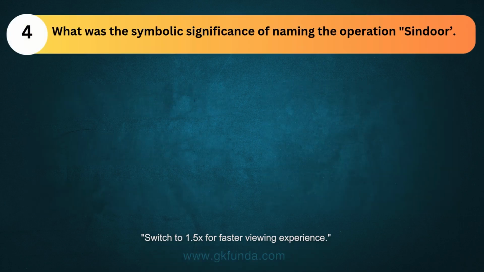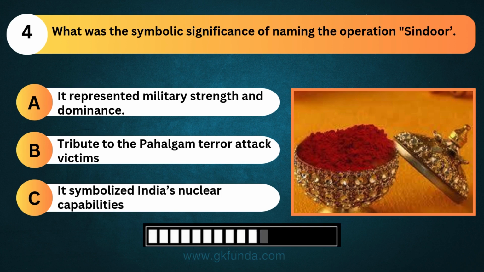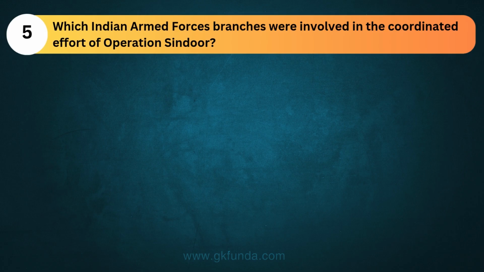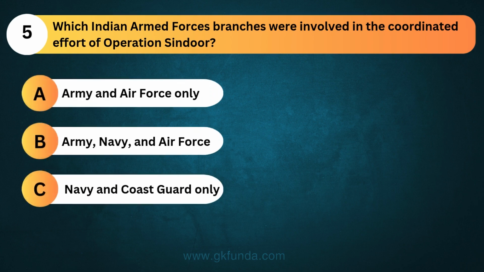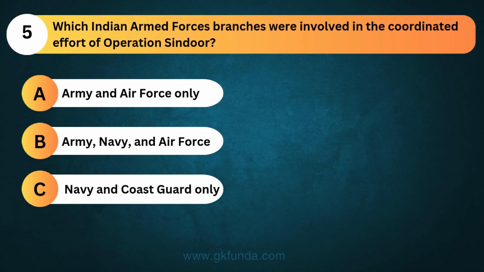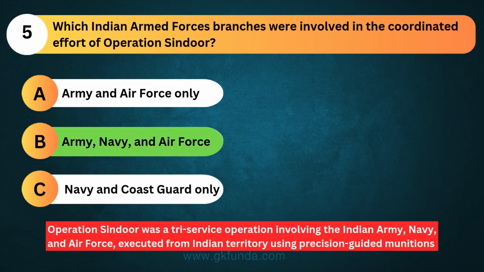What was the symbolic significance of naming the operation Sindoor? The answer is option B: tribute to the Pahalgam terror attack victims. Which Indian Armed Forces branches were involved in the coordinated effort of Operation Sindoor? The answer is option B: Army, Navy, and Air Force. Operation Sindoor was a tri-service operation involving the Indian Army, Navy, and Air Force, executed from Indian territory using precision-guided